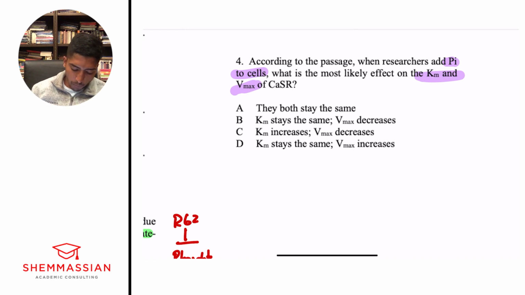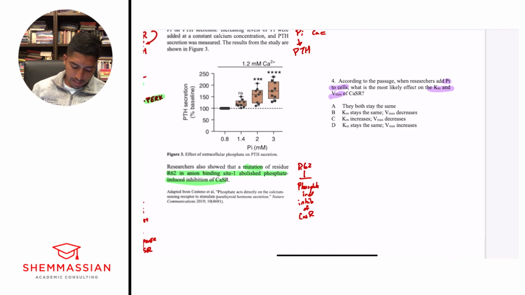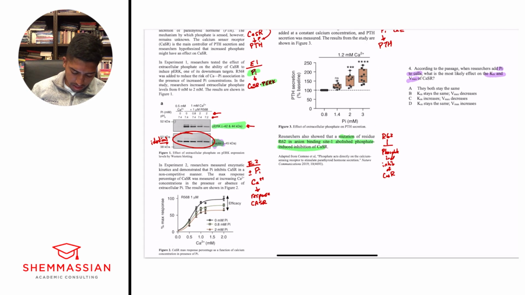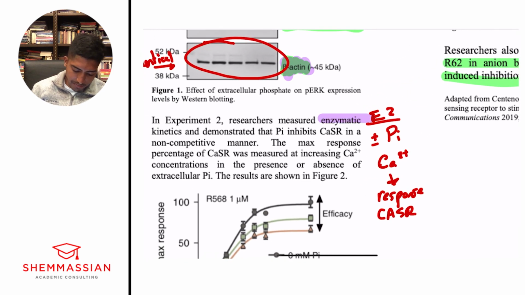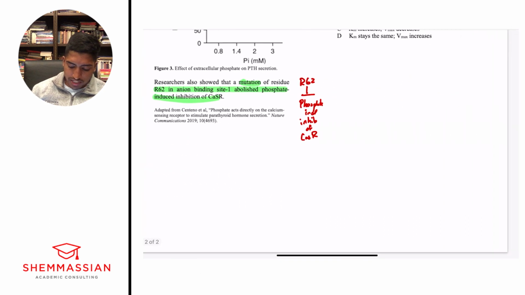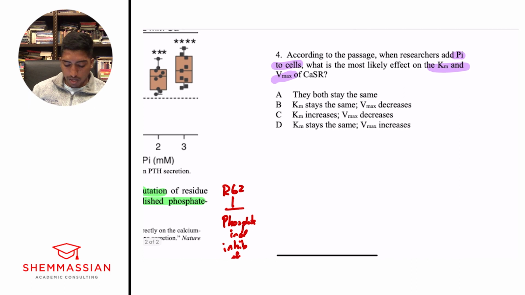And so we have to remember where in the passage we talked about enzyme inhibition. And we are looking exactly right here, where we're looking at enzymatic kinetics and pi inhibiting CASR. And how is pi inhibiting CASR? In a non-competitive manner, all right? So this should be something very important from our content phase, understanding non-competitive